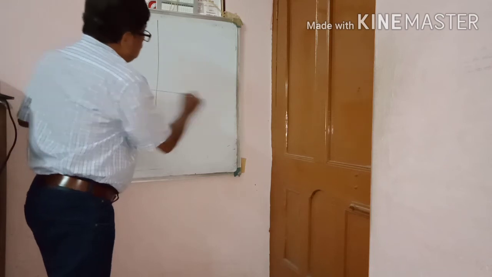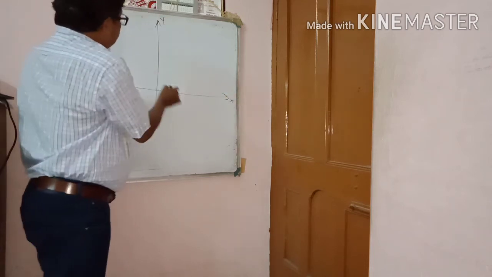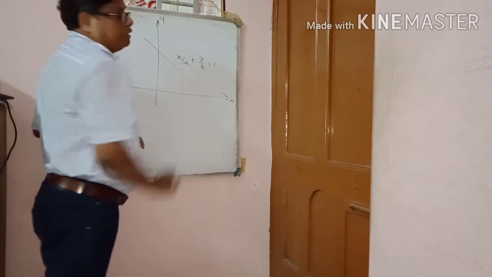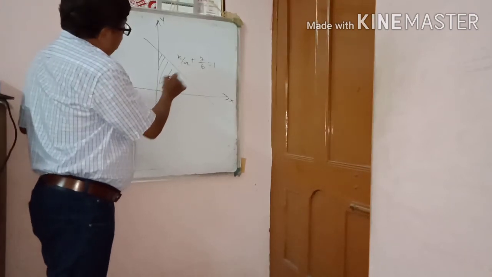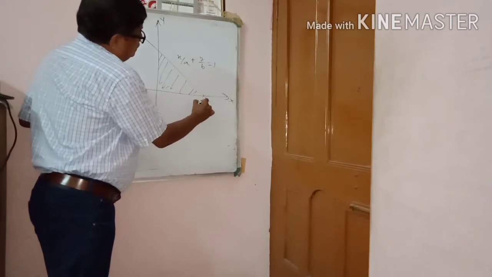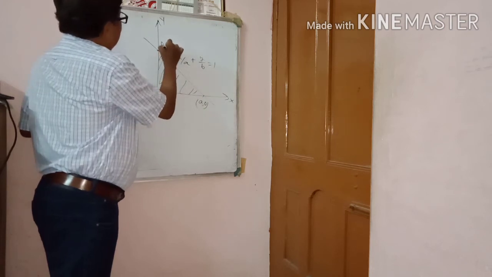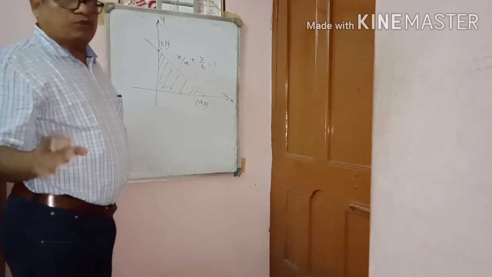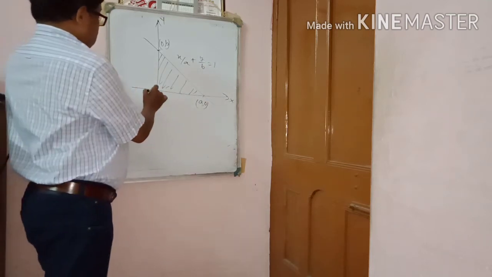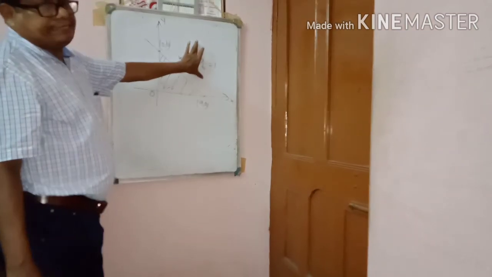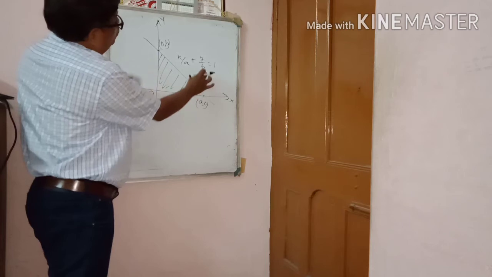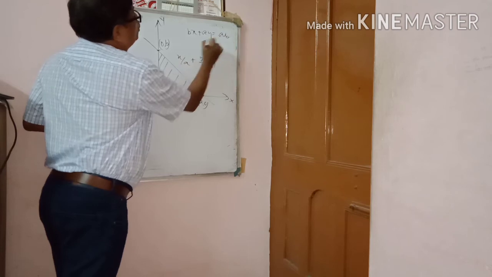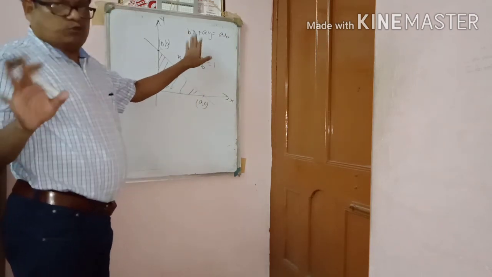Suppose you put any curve, wait, I am writing here. You know this is the x-axis, suppose the straight line x by a plus y by b equal to 1. So what is the area of this part? This is a, 0, this is 0, b. So this is half of ab, with origin. With the help of integration, how to find it? This function is there, no? So we can write here bx plus ay equal to ab.